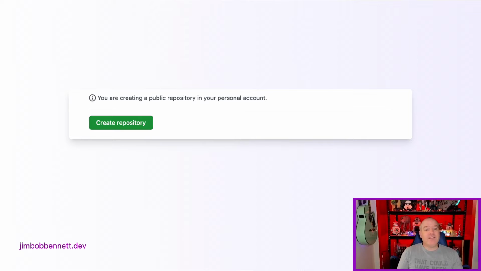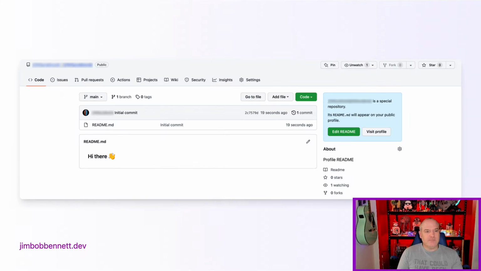So once you set all this, select create repository to actually create the repository. This will go off, see a little spinner, and the repository will be created. This is what you'll see when the repository is created. It will take you to that repository. The URL will be github.com/username/username. So repositories are always